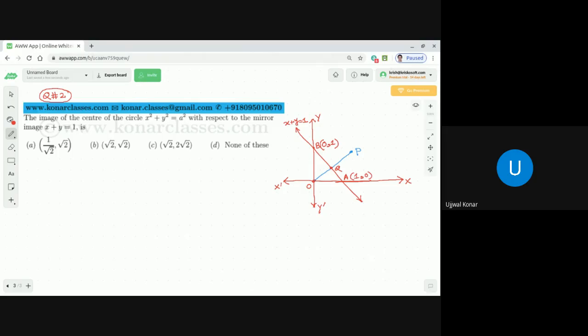Okay. Now, as Q is the midpoint of AB, we can find the coordinate of the point Q. What will be the coordinate of the point Q? It is 1 by 2, 1 by 2. Then if we assume the coordinate of the point P be x1, y1,